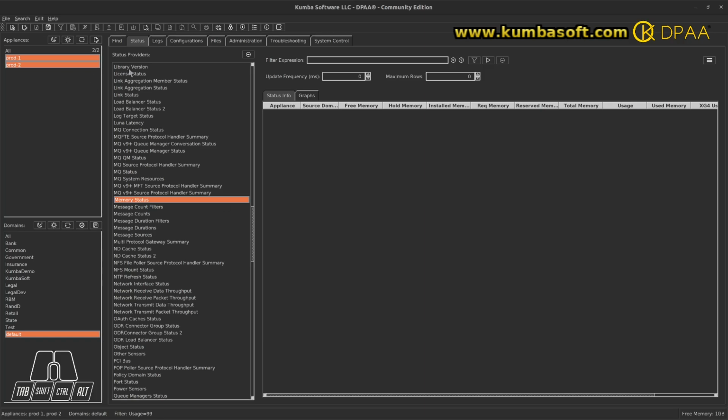So I'm going to come over to appliances, select them in the default domain. I'm looking at the memory status. And if I run the memory status now, this is kind of going to be coerced, but let's say that the usage on one or more of these appliances was really high, like it was bouncing way up into that 80% or 75% range, and you just want to take some kind of immediate action. There are other tools within DPAA you can go to, like system control mode, to do some things, but